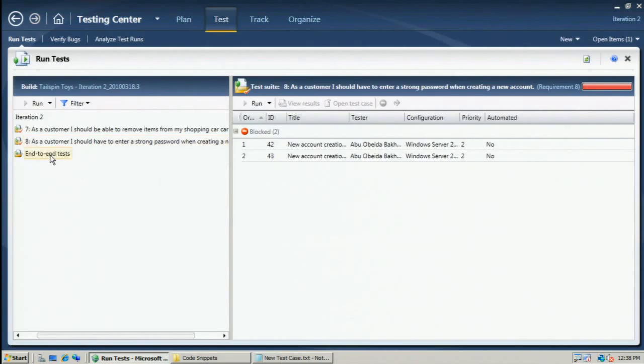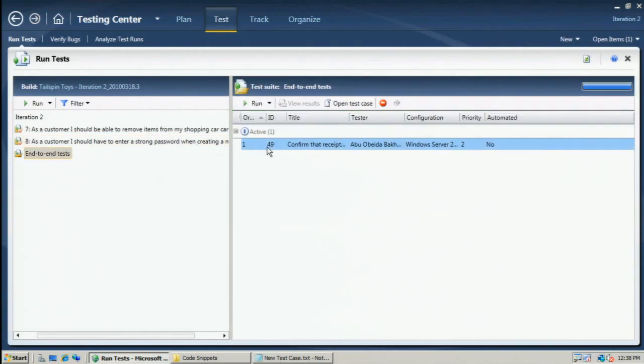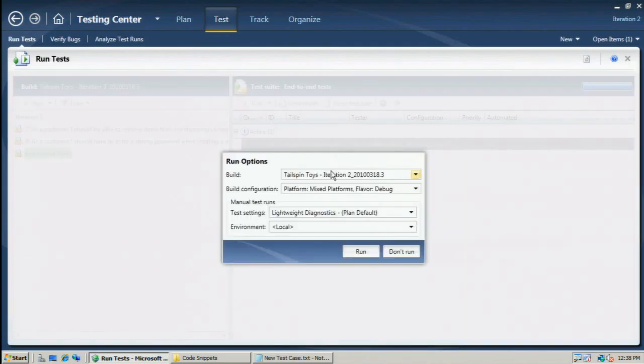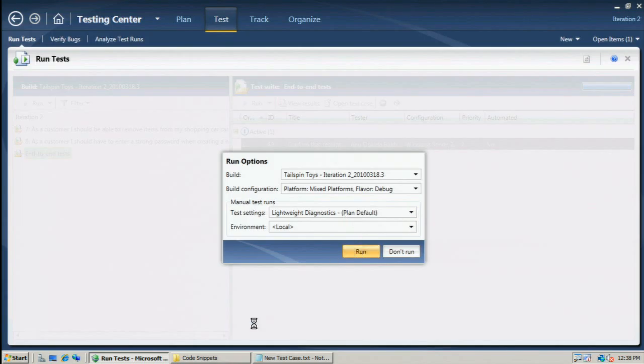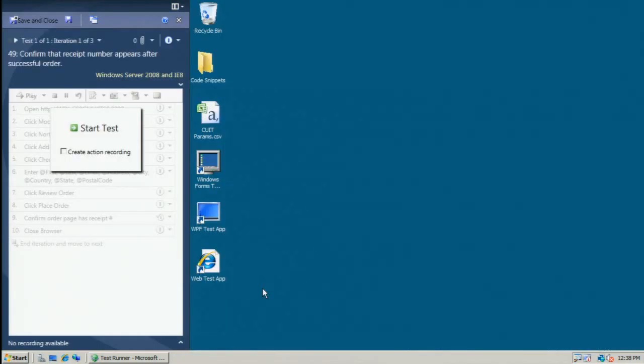So now we have my end-to-end tests here. Here's my new test case. We'll just go ahead and run this. I can also select options to say run with lightweight diagnostics or full diagnostics. I'll keep it lightweight for now. And this is going to launch the Microsoft Test Runner. When Microsoft Test Runner comes up, one of the things it asks me is whether or not I want to